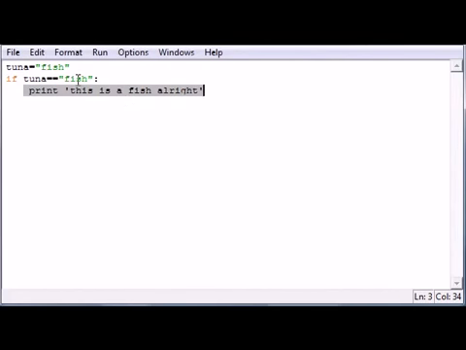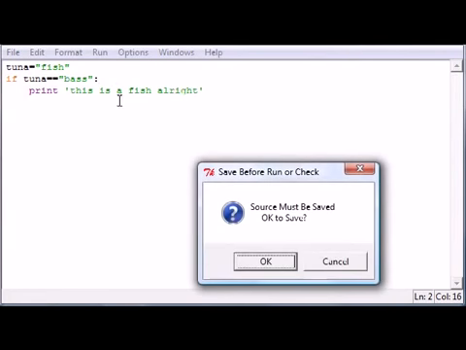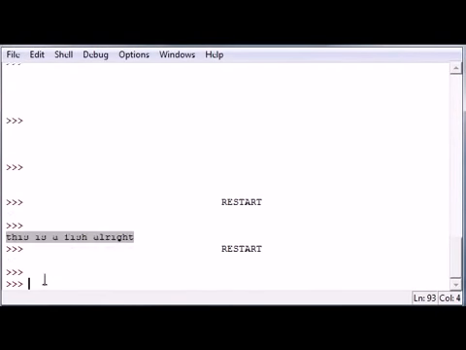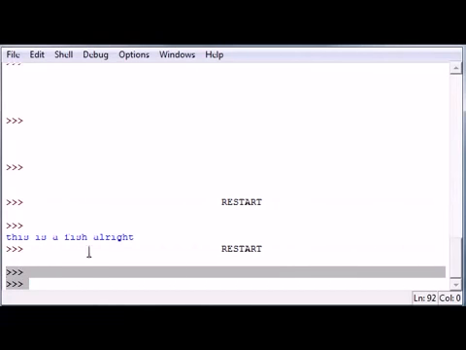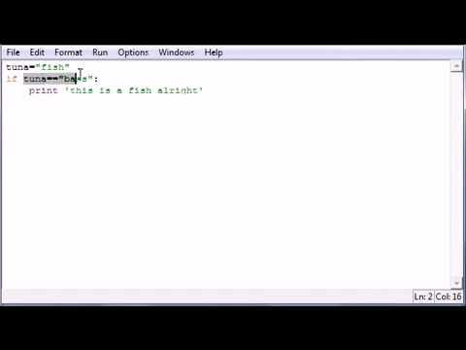Let me show you guys what would happen if fish was something else. Say if tuna was equal to bass, what would happen? Go ahead and press F5, save it, and as you can see, when it runs this time, nothing happens. So that's the basics of the if statement. If your test is true, it's going to run this piece of code that's directly indented underneath it. If it's not true, it's going to say, I'm not running this, just move on to the next line